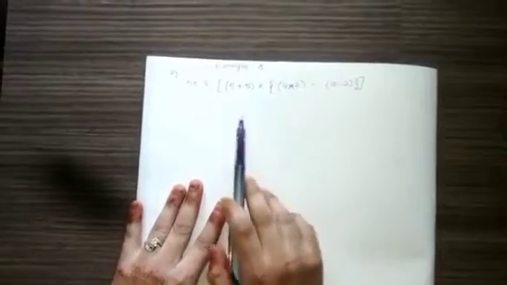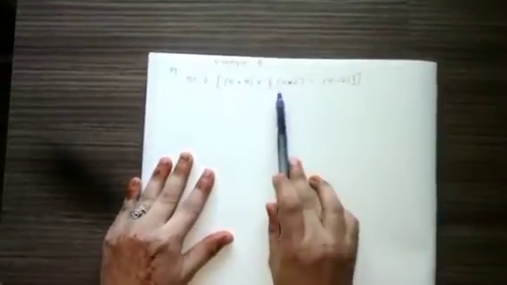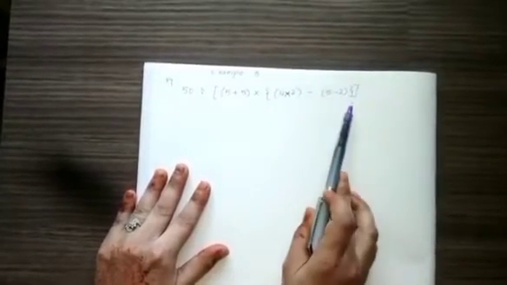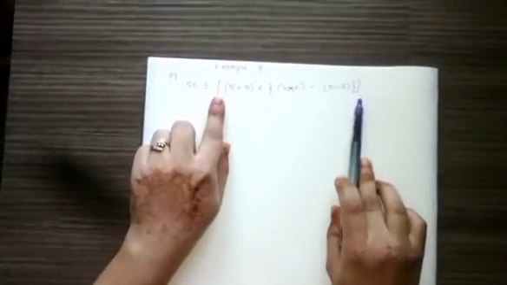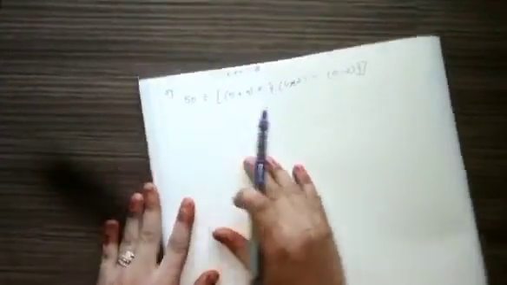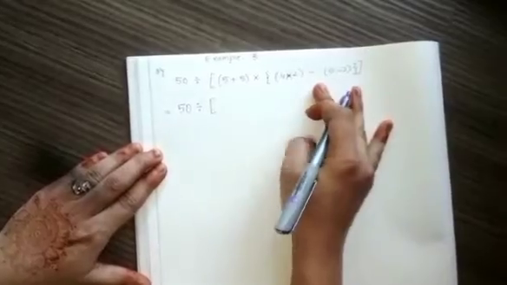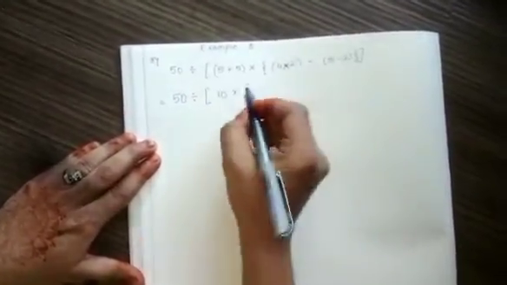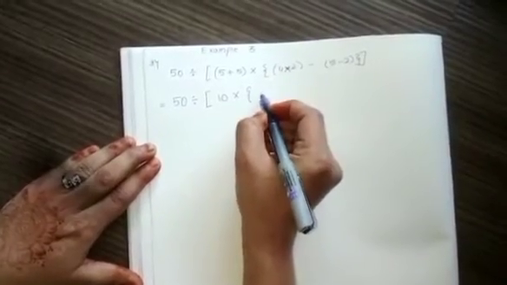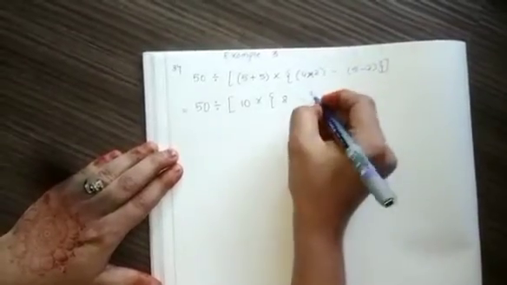Over here, we will solve the expressions within the brackets first. Means we will solve the round brackets first, followed by the curly brackets and at the end the square brackets. So let us solve this. Over here, we are going to solve only the round brackets first. 5 plus 5 will give you 10 multiplied by, now 4 multiplied by 2 will give you 8. 5 minus 2 will give you 3.